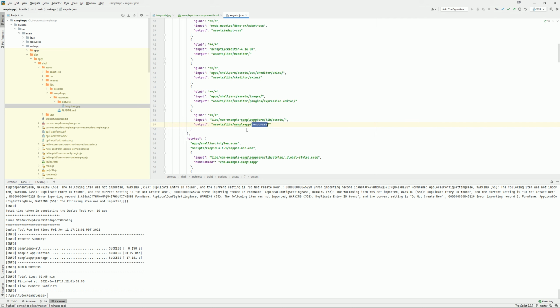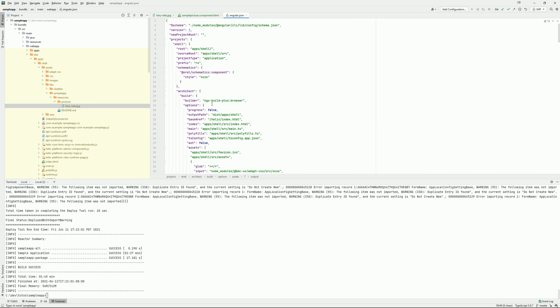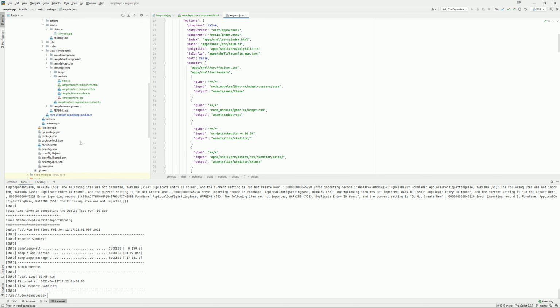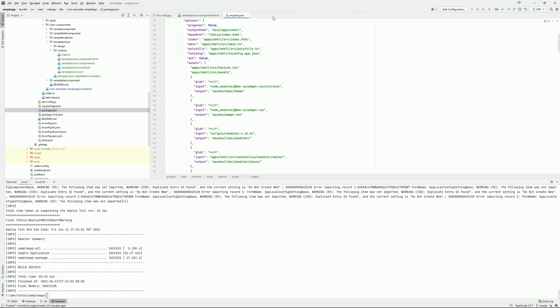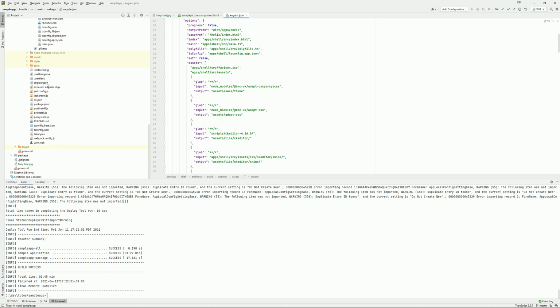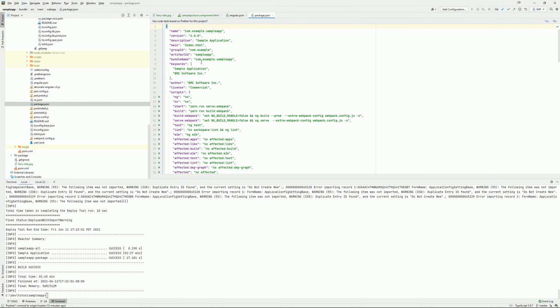One word of caution, by the way, the output is very important for later. You need to have your artifact ID here, your bundle artifact ID. It's set by default. If you want to know what the artifact ID is, you can find it in several places. I think you can find it in the package.json from the main library. So sample app. This is very important. You should not have something like com.example.sample app. You should have sample app,